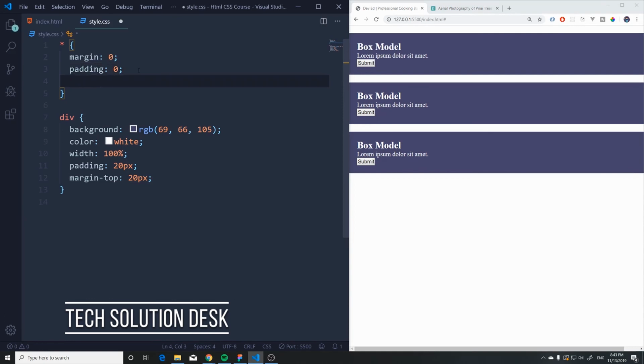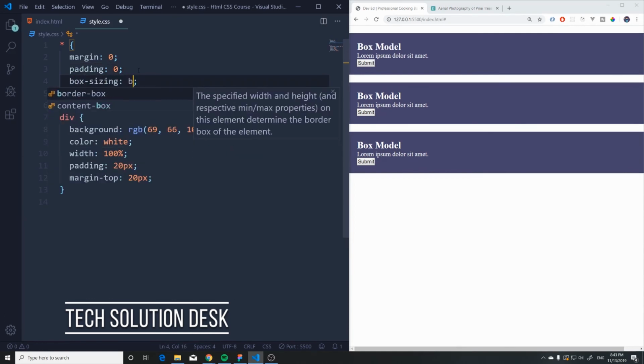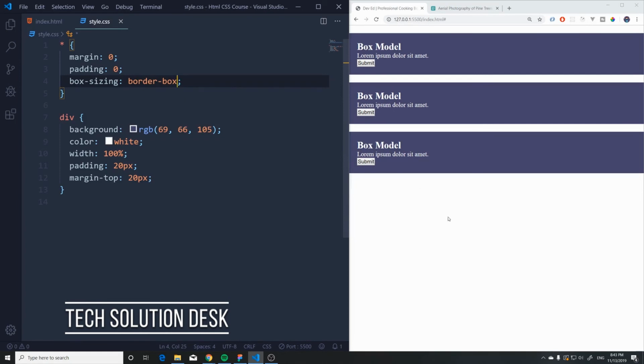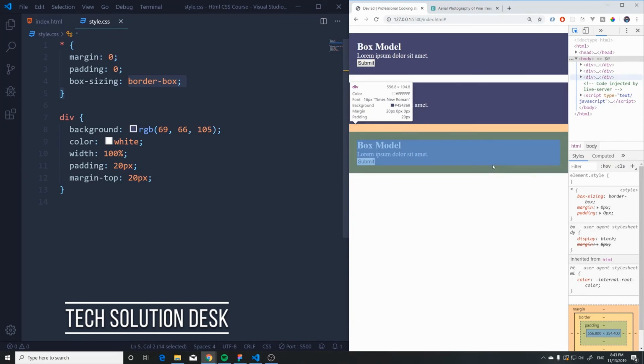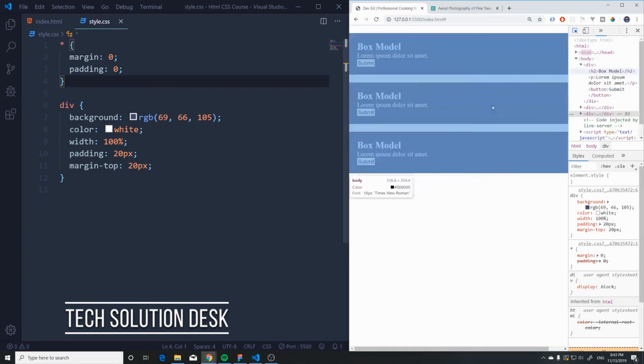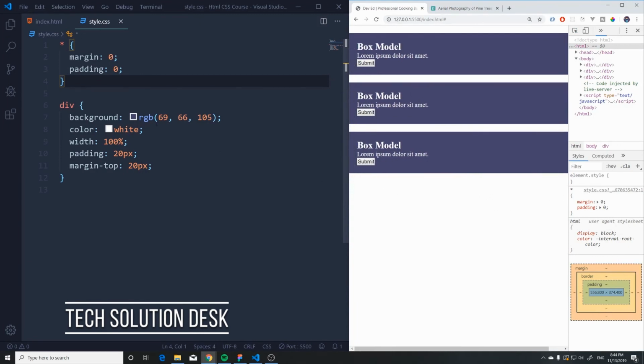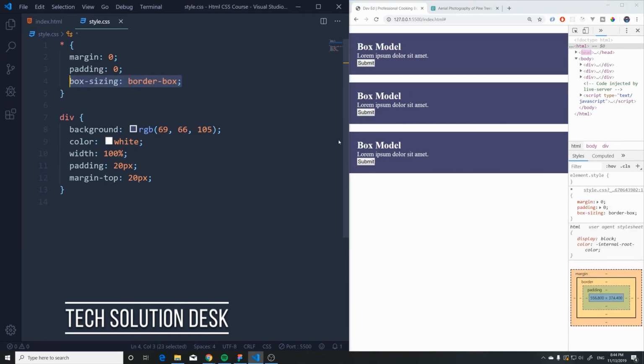But here's the property that's going to change everything. We're going to say box-sizing: border-box. And as you can see, now we cannot scroll anymore because everything that we add, all the paddings, all the borders that we add to our elements now are going to be contained within. So if we check right now, as you can see, the padding is going to be on the inside, just like that. If I remove this, take a look. If I remove this, then we can scroll again. And that's not what we want. But if we add this back, now we cannot, because take a look, the element size